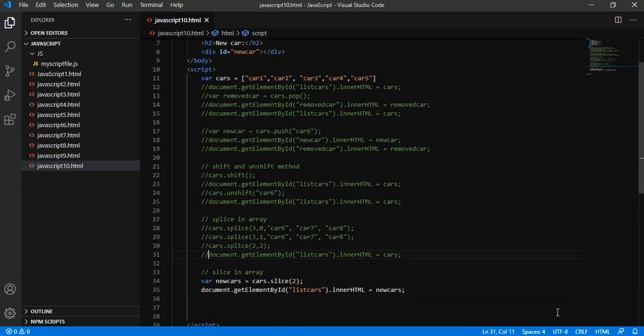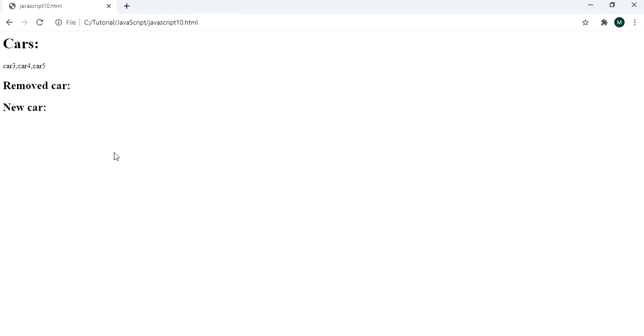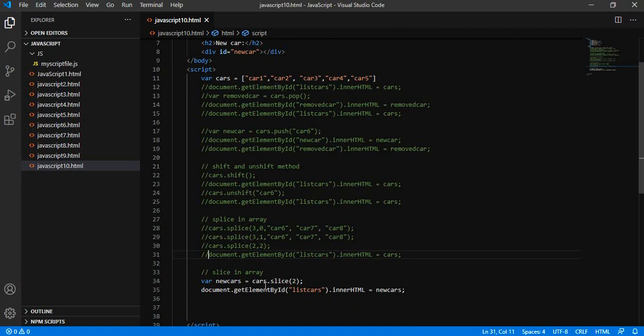Car 3, 4, 5 has been returned, starting with index 2, 0, 1, 2, and collecting all the elements 3, 4, 5. This is how we can create a new array with the help of an existing array, by defining the elements to be taken out from the already created array. This is our source array, and we are taking out the elements starting with the 2nd index into the new array.